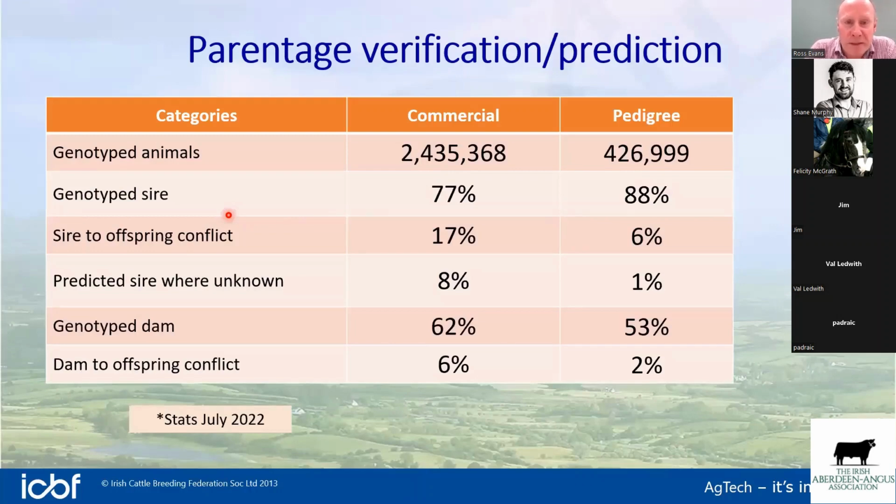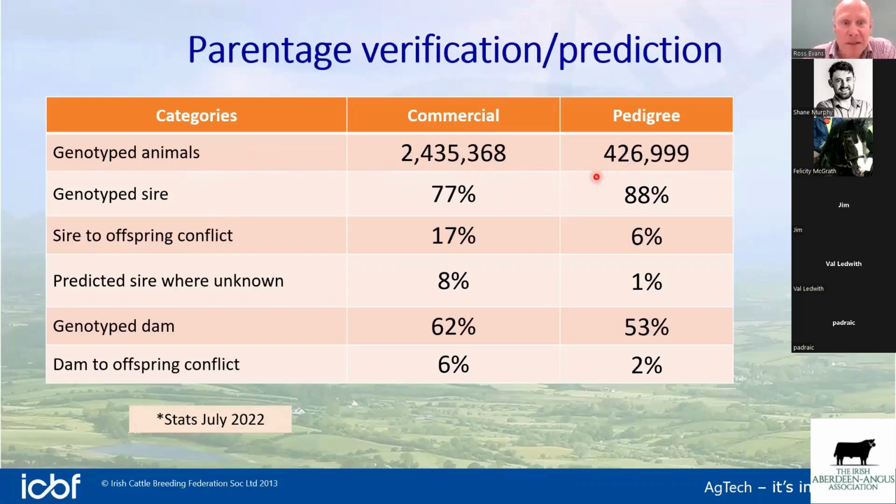So I know Felicity and Siobhan had mentioned the number of genotypes that were in the database. So this is just some recent stats that we pulled around some of the metrics around the current parentage verification process. So there's about 2.4 million commercial animals that have gone through the pipeline, in addition to about 426,000